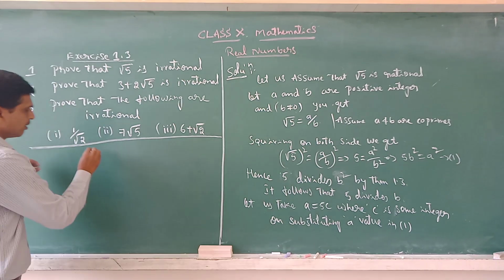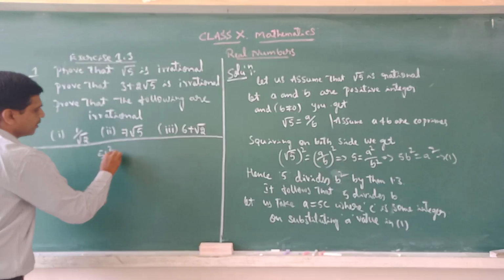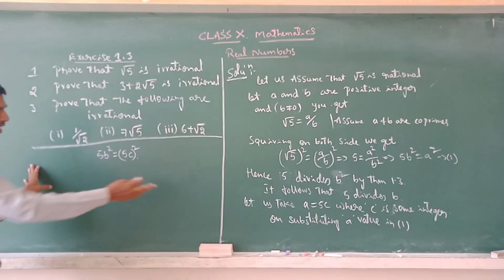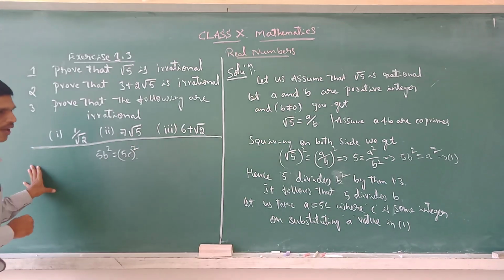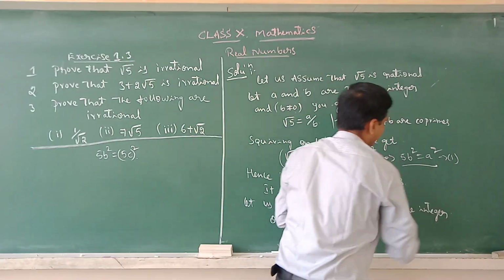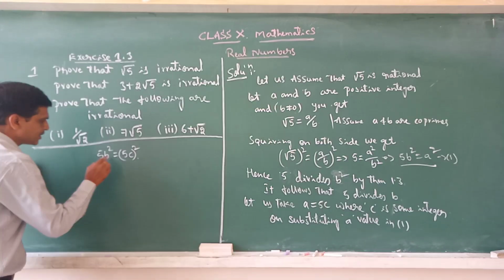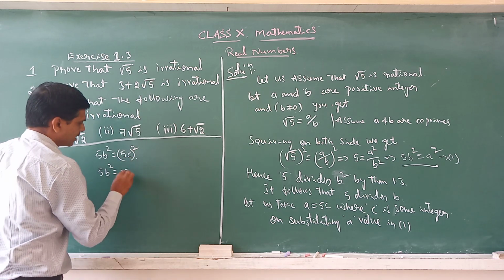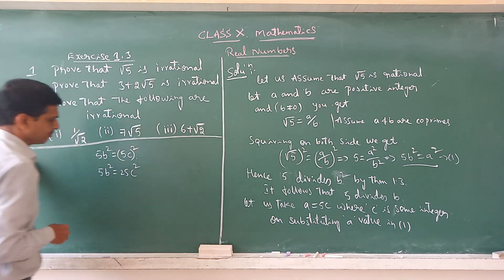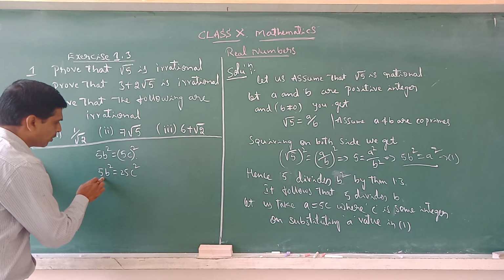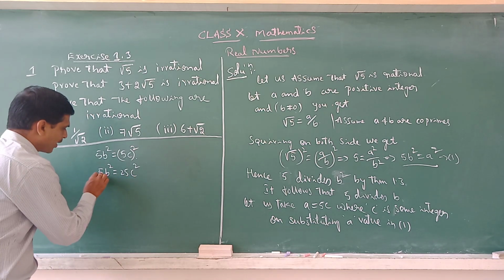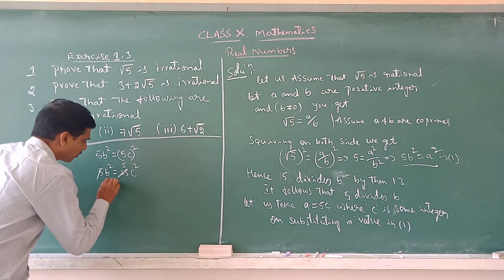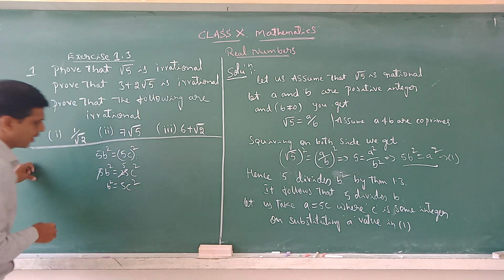Okay. So that is 5b square is equal to (5c) square whole square, because a value is 5c. So already it is square. So this expression, that's 5b square. Therefore 5b square is equal to 25c square. So the 5 cancels, that is, divide 5 by 5. Therefore b square is equal to 5c square.